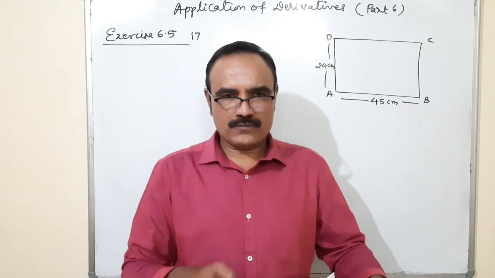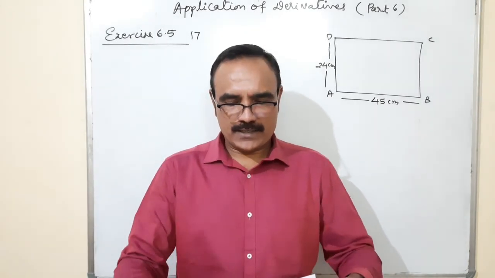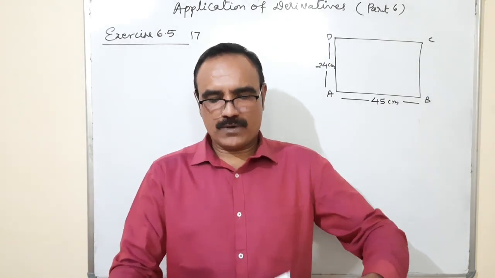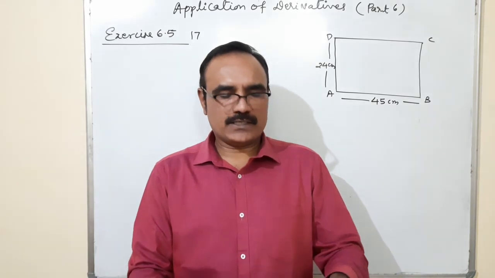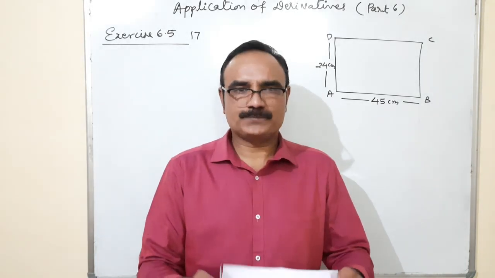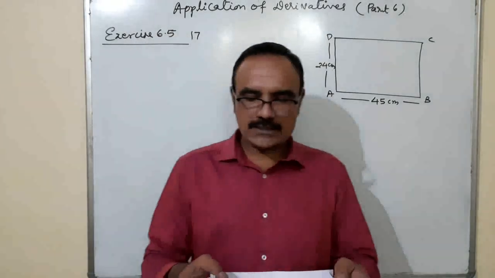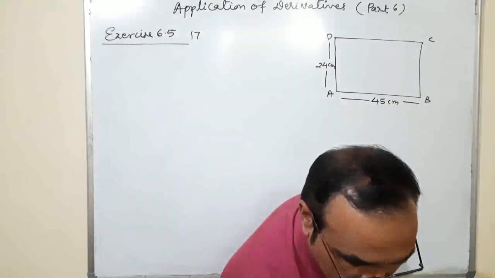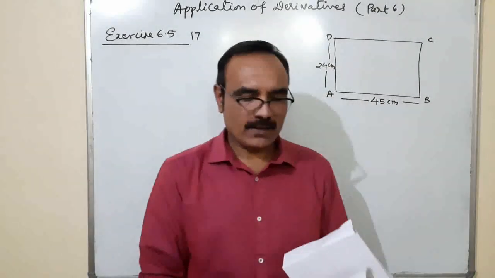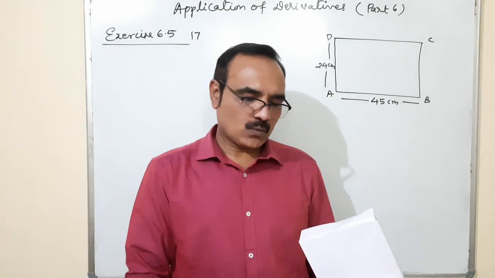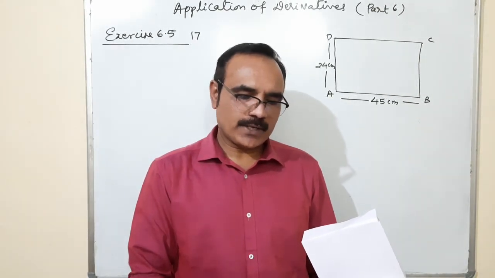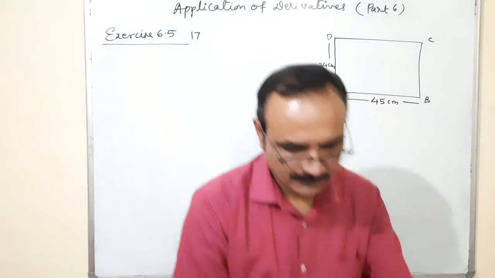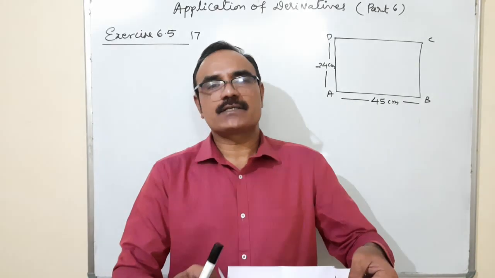4 squares have been cut from each end, and folding these flaps it becomes the form of a cuboid. So that is a cuboidal box. Now one condition is clear here. In the question they are asking, after folding of the flaps, what should be the side of the square to be cut off so that the volume of the box is maximum possible. What could be the side of these squares?